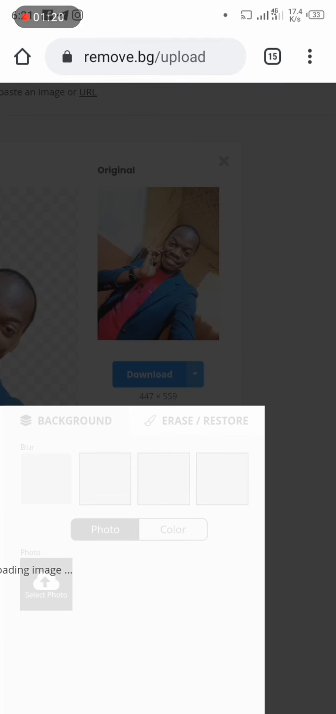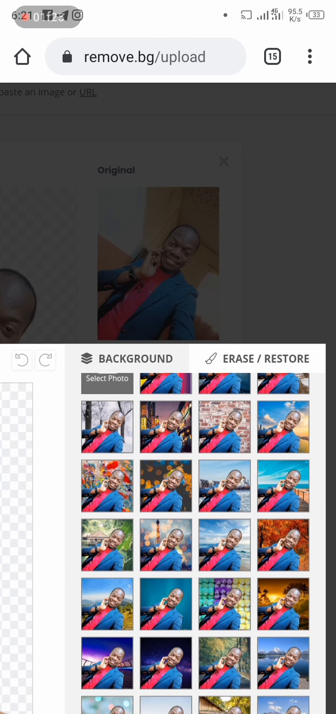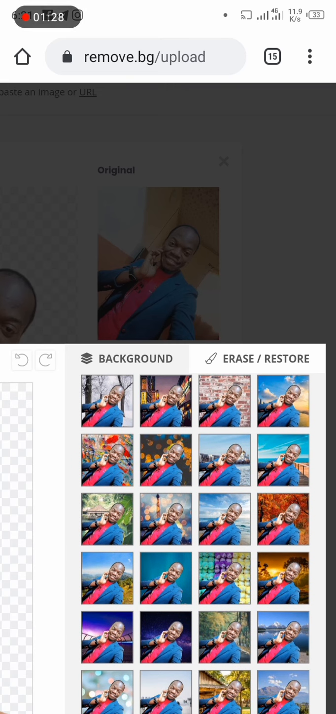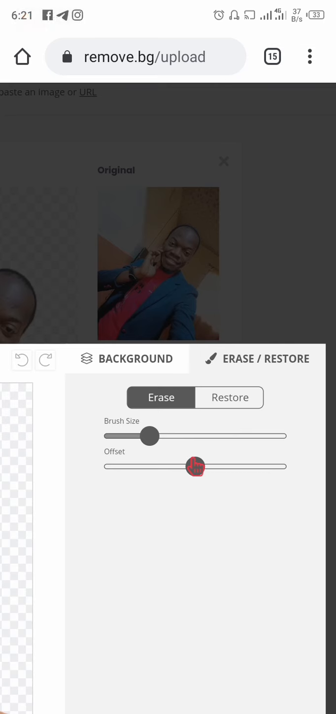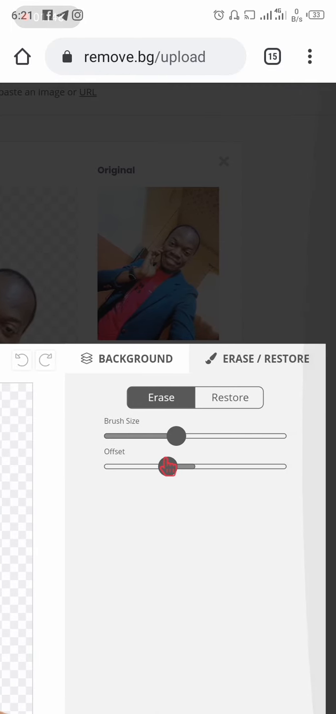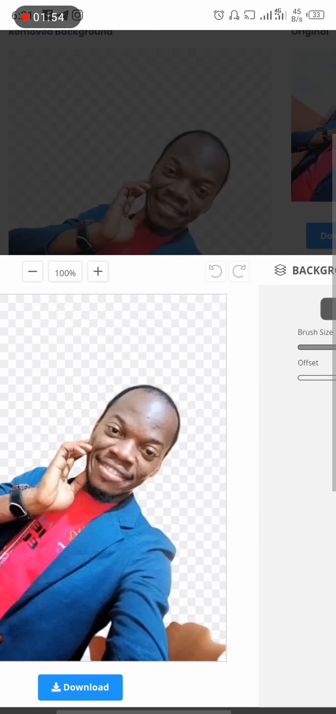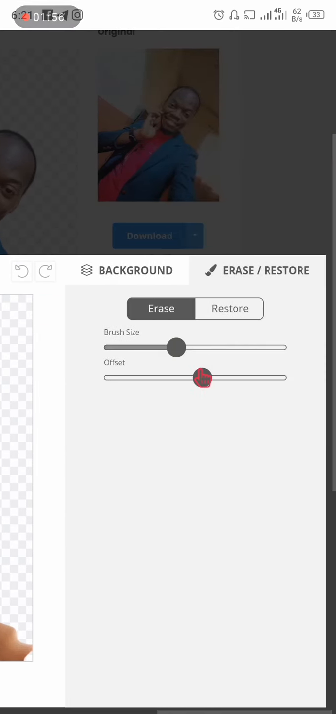Then I go to edit. When you go to edit, you can also see a lot of options to download if what you want to do is just to change the background. But if you want to erase the background, you can increase your brush size or increase your offset or decrease your offset, maybe to get what you want. So you just play around with that. When you get what you want,